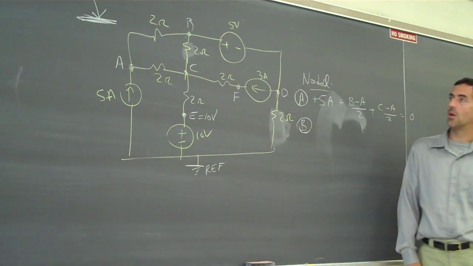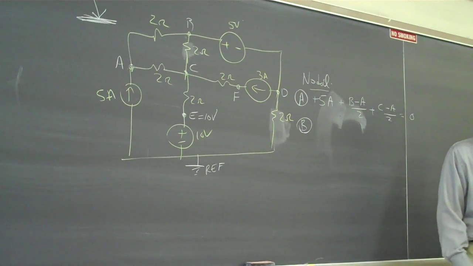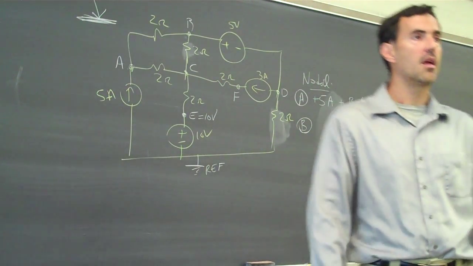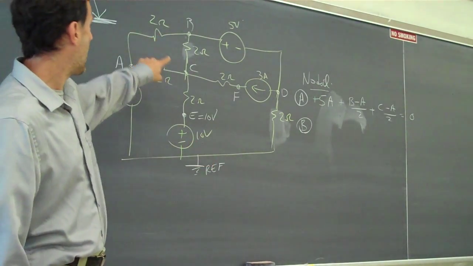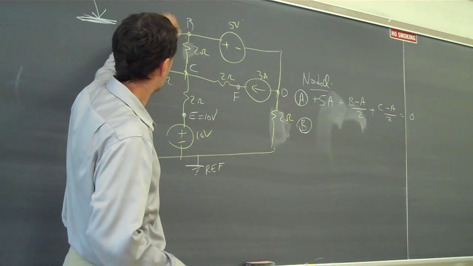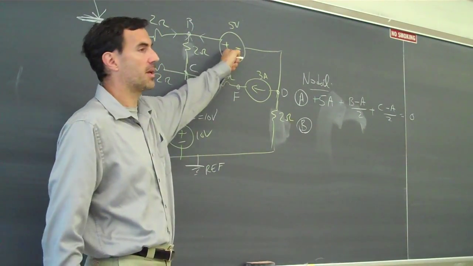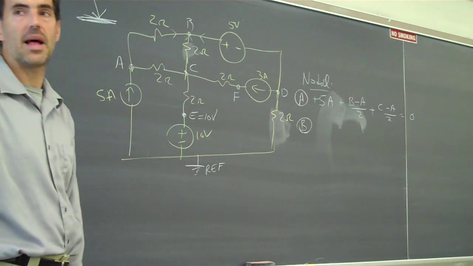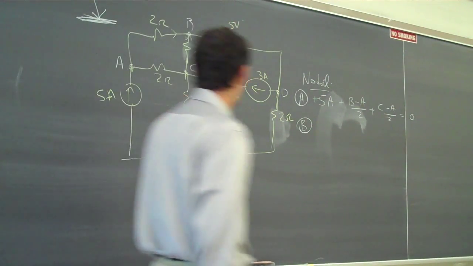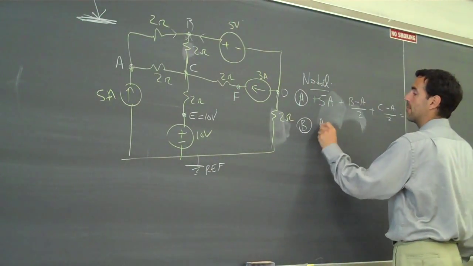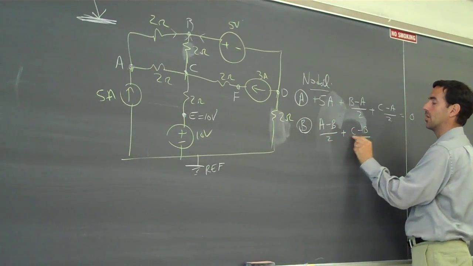Alright, let's look at node B. Node B is the trickier one, at least initially. So with the nodal analysis at node B, I'm going to have a current going in, and a current going in. The problem is the current's coming in through a voltage source. And that's where you can get into trouble with the nodal analysis. So the way to handle that would be (A minus B) over 2 plus (C minus B) over 2